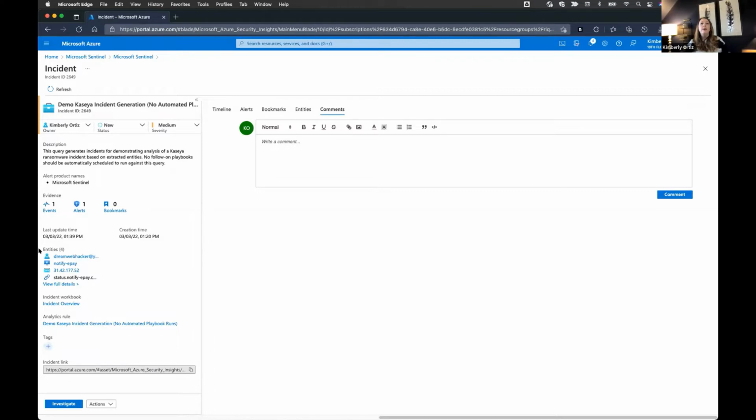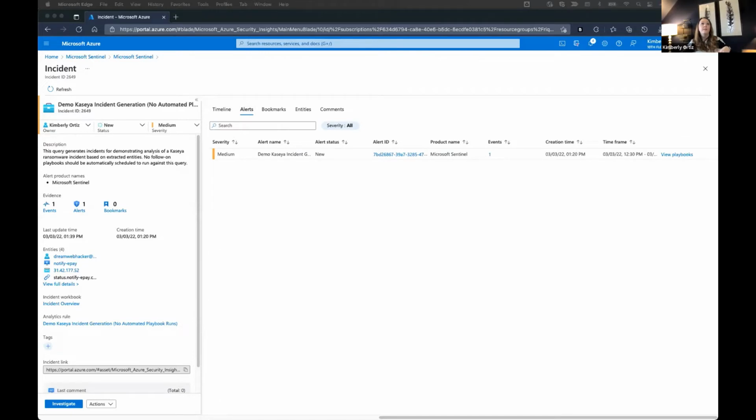Over here on the details pane, like I said before, the overall severity of the incident is currently set at medium. Down here, something else to note is that no tags have been added to this incident yet. So I'm going to go ahead and hop back over to alerts, and we'll get running with these playbooks.